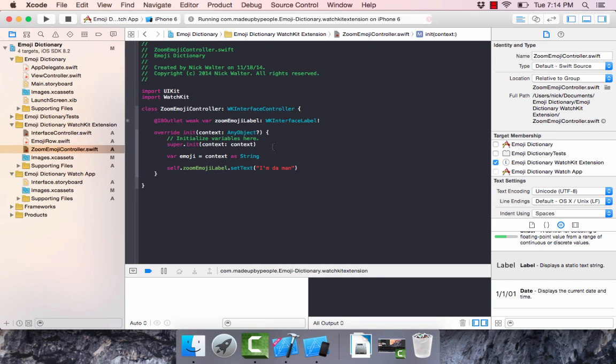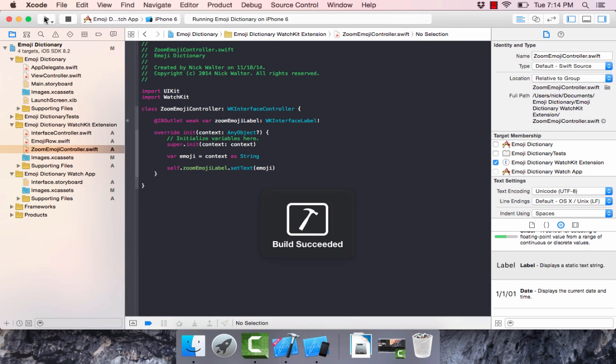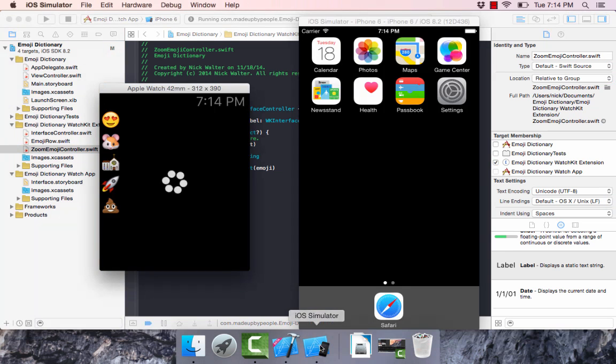Okay, so we're just saying whatever our context is, we know that it's this string or some sort of text, and we're going to call it emoji. So instead of doing "I'm the man," we're just going to simply type emoji here, and when we hit play, big drum roll,